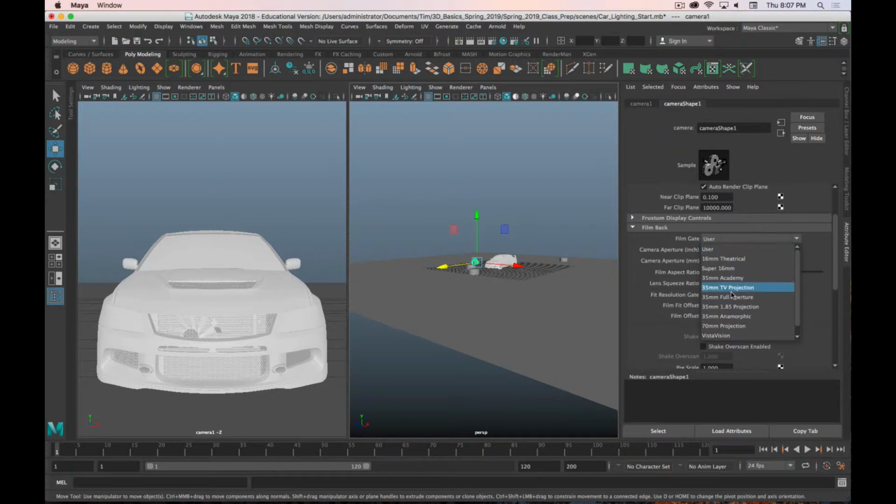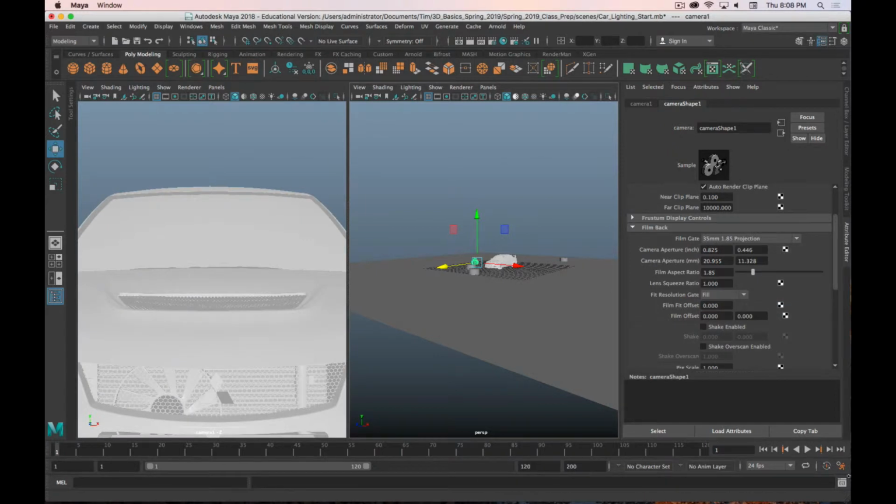So we've got a bunch of different options. Your standard 16:9 HD TV aspect ratio is going to be 1.85 projection. You're not going to see any difference at first, and that's because we need to also tell Maya that we want to see the film gate,